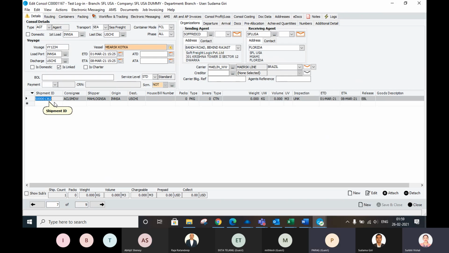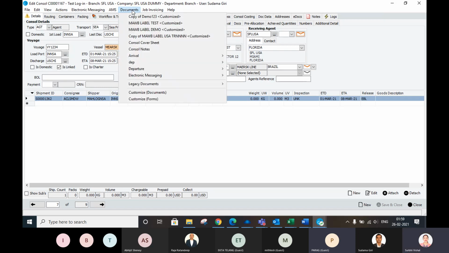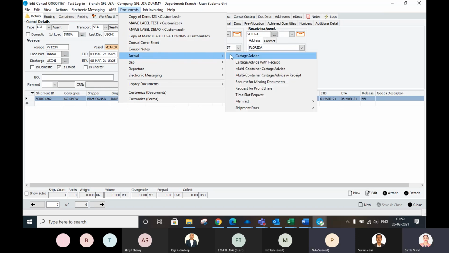Okay. Now, Sudama, if you can go to the documents, and go to the arrival. Go to the shipment docs.